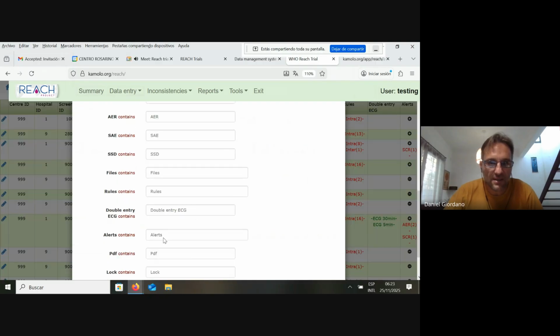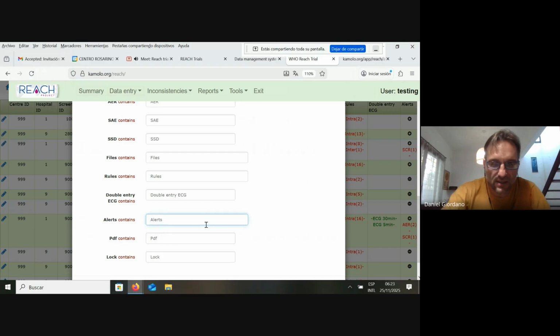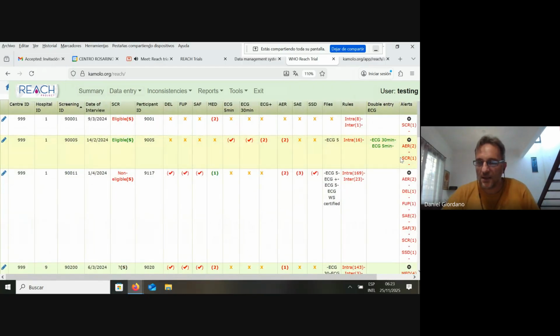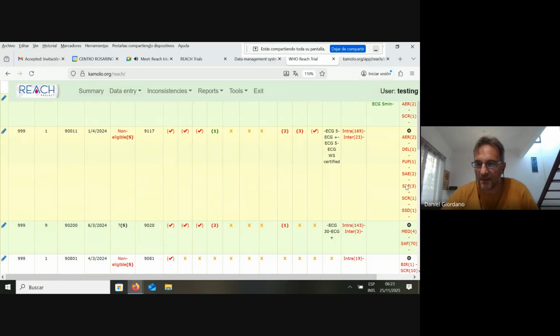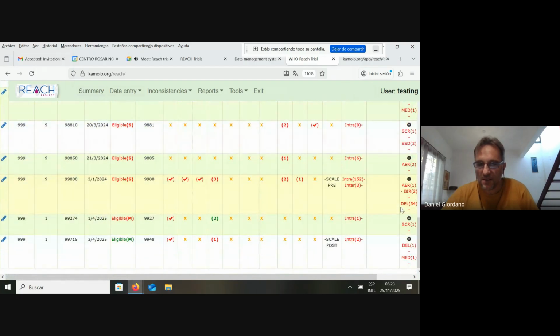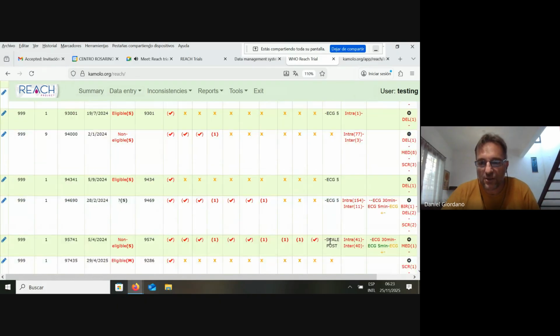And here in alerts, you can enter a parenthesis and press enter. Automatically, all cases in which the alert column shows a parenthesis appear. Also, this is the list of cases that in some part of the worksheet have some monitoring alert pending